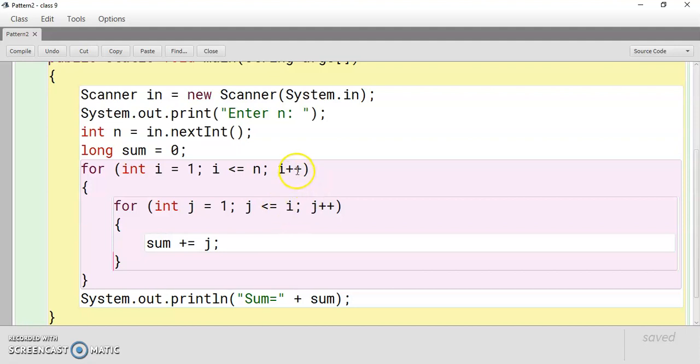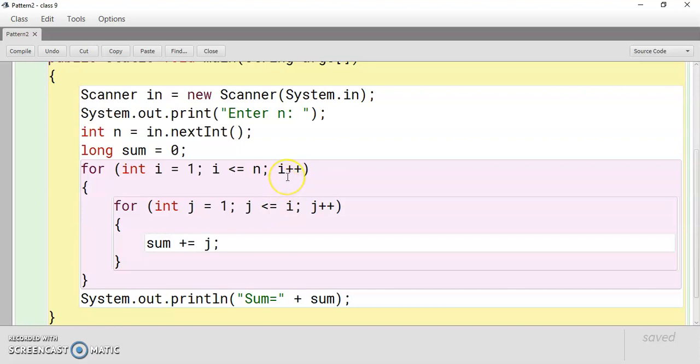Next it will move to the outer loop increment. Whenever the inner loop's condition becomes false, only then will the outer loop increment work. So i's value is now 3, and again it checks the condition 3 <= n. n is given as 10 in this example, so the condition is true. j again starts from the beginning. j = 1, j <= i, and i's value is 3, so 1 plus 2 plus 3 will be added along with the sum. Again j++, j's value is 4, the condition is checked and becomes false.